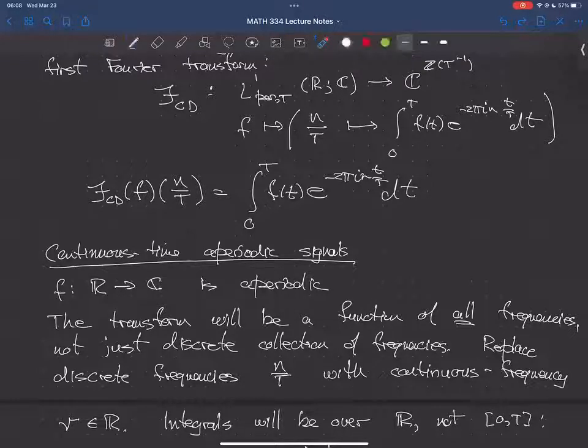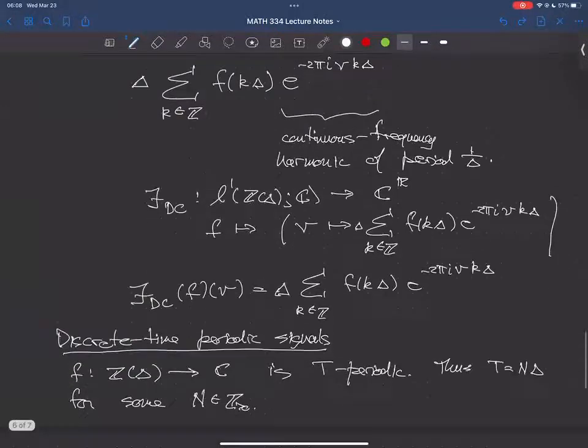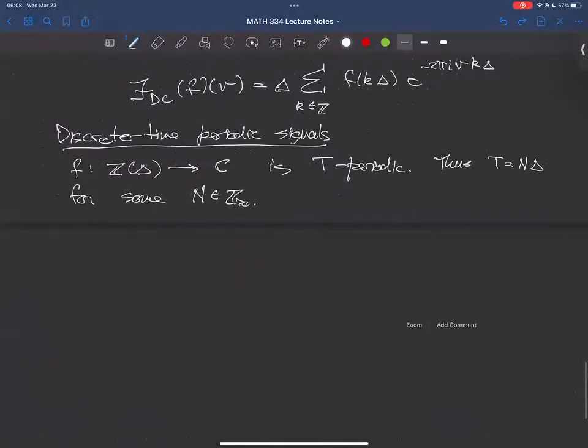So we're going to do the same thing in the discrete time, discrete frequency case. So the transformed function of frequency